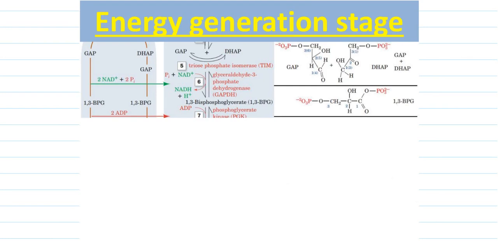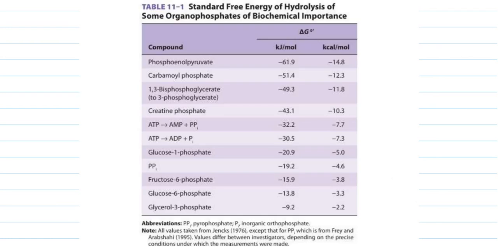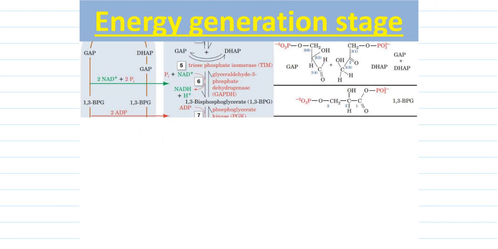Initially it only had a phosphate at the third carbon. Now it will have a phosphate at its first position as well. So the phosphate is present on the first carbon and the third carbon. That's why the name of the product is 1,3-bisphosphoglycerate, which is also a high energy compound. 1,3-bisphosphoglycerate releases around minus 49.3 kilojoules per mole of free energy. So that's why this glyceraldehyde 3-phosphate is producing NADH,